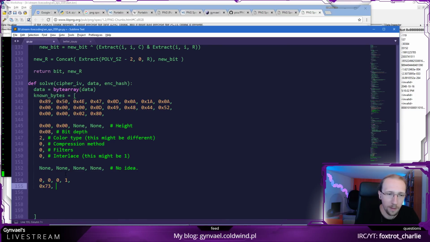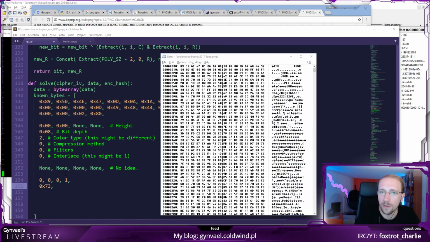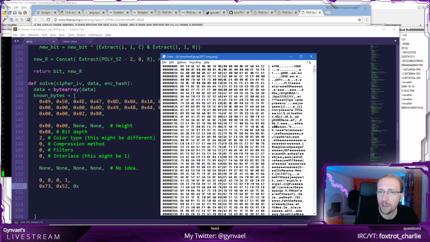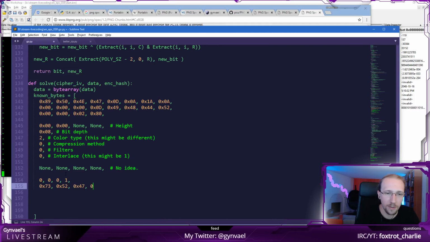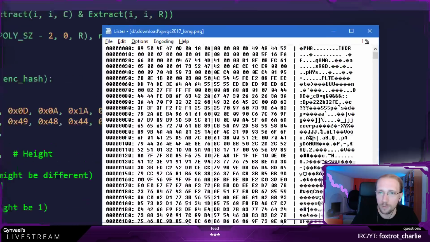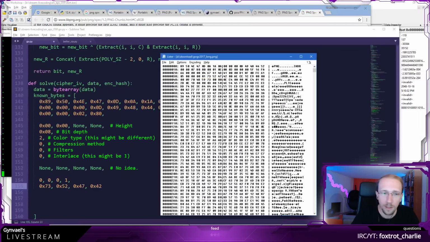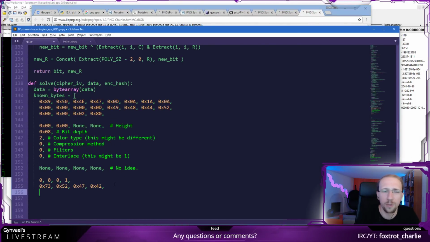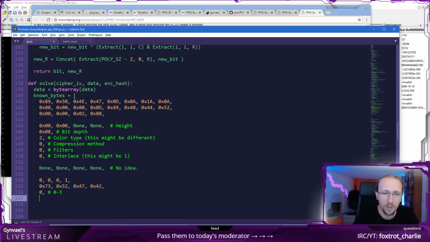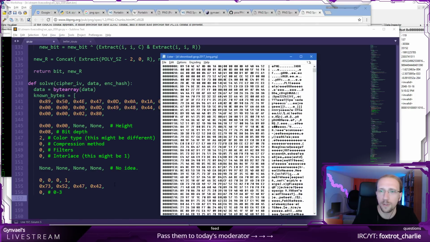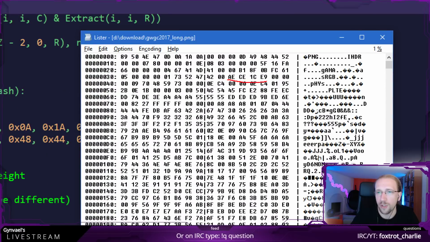So that's 0x73, then 0x52, then 0x47, and 0x42. I'm getting this from here. Then the value is unknown, but it's probably going to be either 0 to 3, right? I could mark it as unknown. I'm going to go with 0. And then the checksum. Since I'm going with 0, I'm just going to grab the checksum as well.